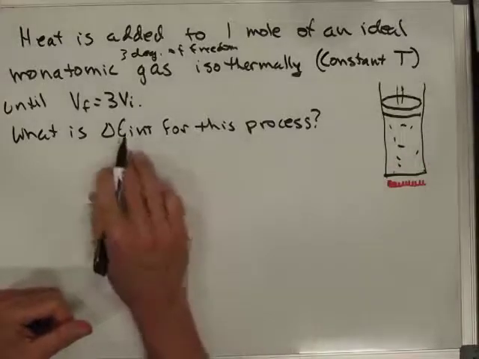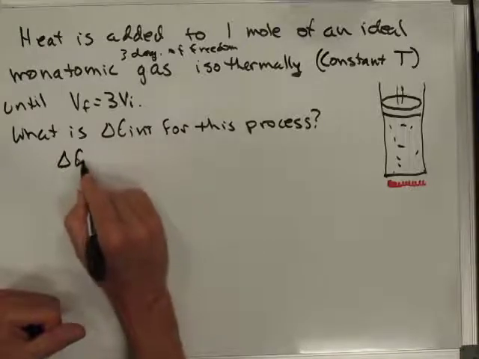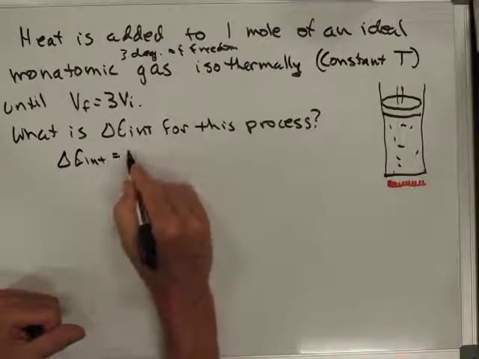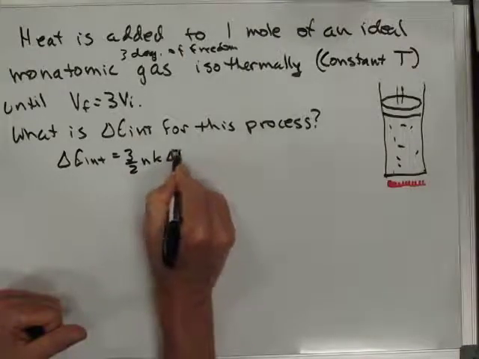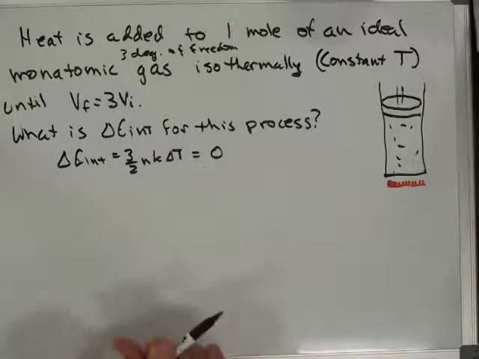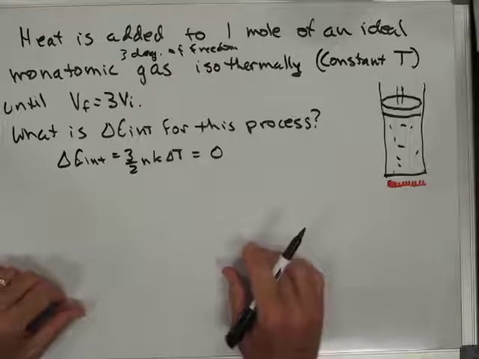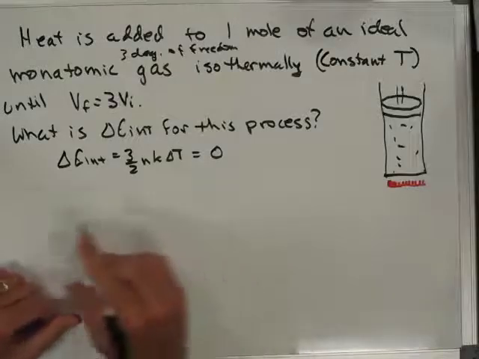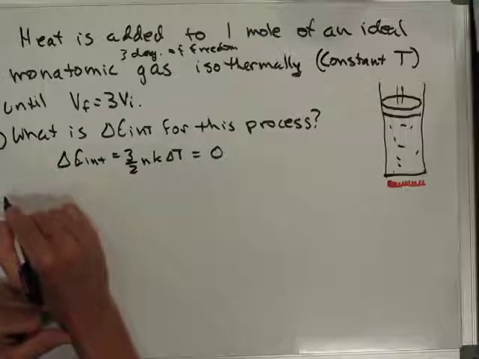And so we can say, what's the change in internal energy for this process? Well, you remember for an ideal monatomic gas, the change in internal energy was 3/2 nk times the temperature change. But since there's no temperature change, there's no change in internal energy. And so at the end of the process, the internal energy is the same as it was at the start of the process. So that was A. Question B says,